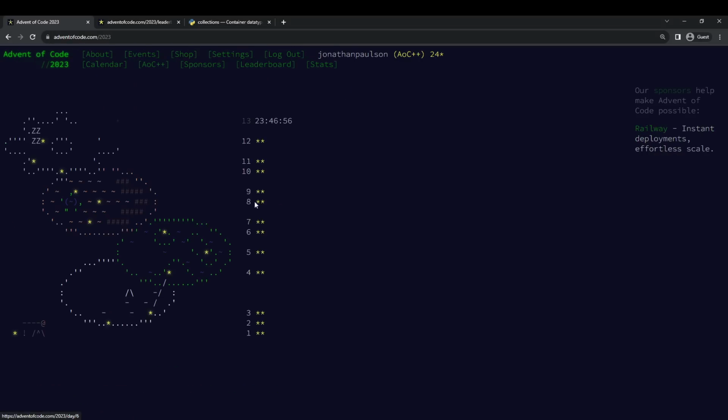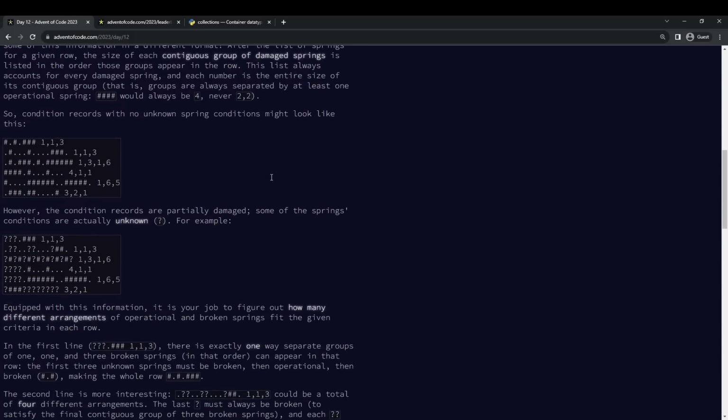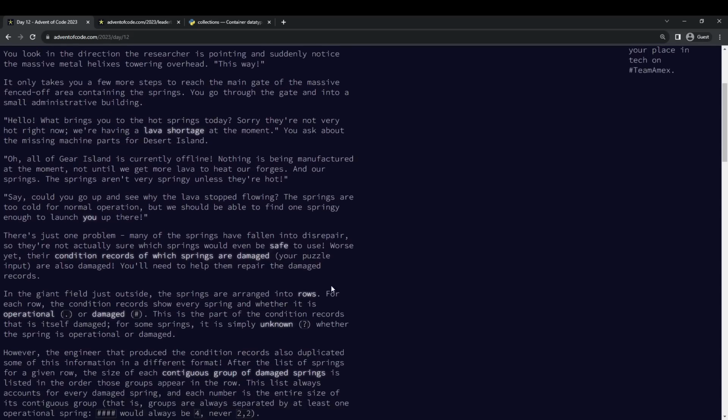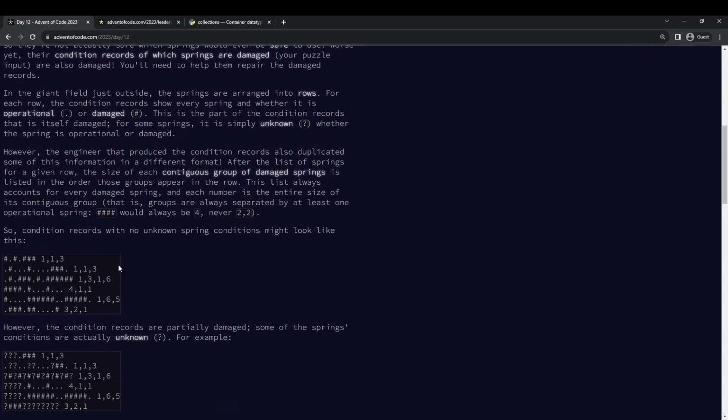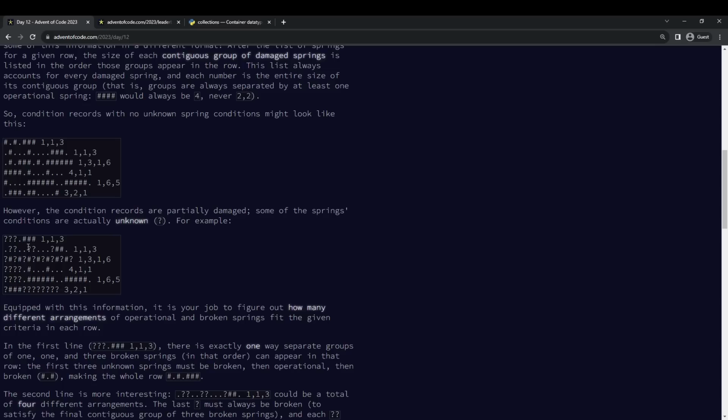Cool. Okay. Interesting problem today. So what's going on? So we are given this input with a bunch of question marks, and we're supposed to count the number of ways we can fill it out as a nonograms line, which is a logic puzzle, kind